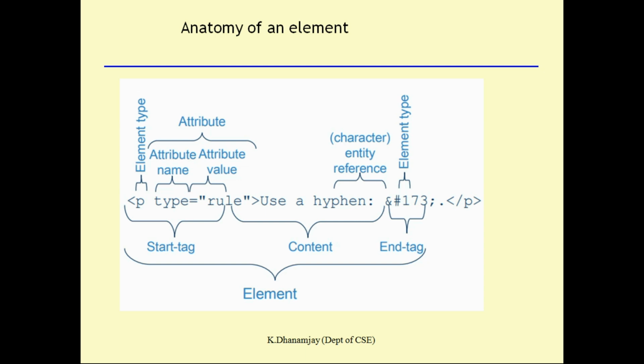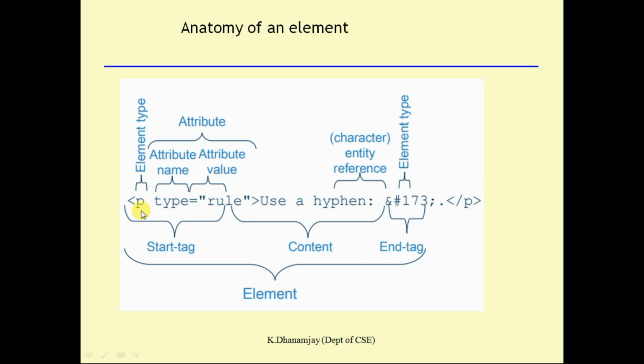So what is an element first of all, and what does the element contain? The element is simple. It's a combination of attributes and the content. We can call it a simple type, that is an element. An attribute name is a property of an element, which has different things like type. You can have color or size or a name like that. Whatever things we specify, we can also call them a name like that.